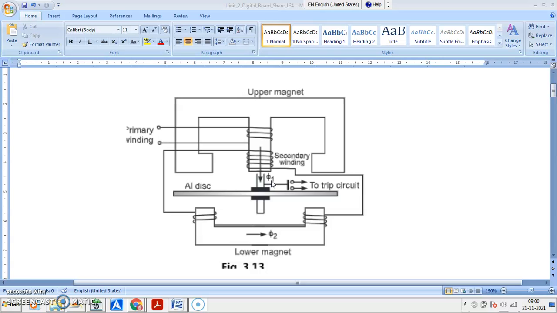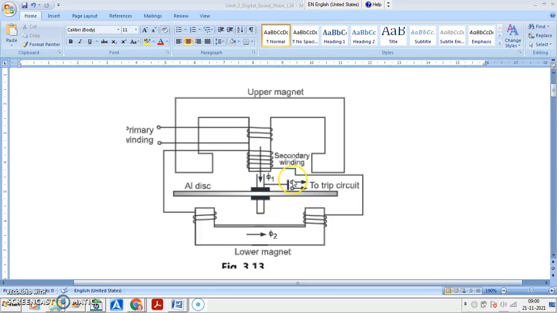So, the driving torque to rotate the disc is proportional to phi1 phi2 into sine of angle between phi1 and phi2, that is alpha. So torque is produced proportional to phi1 phi2 sine alpha. Whenever this torque is sufficient to rotate the disc,